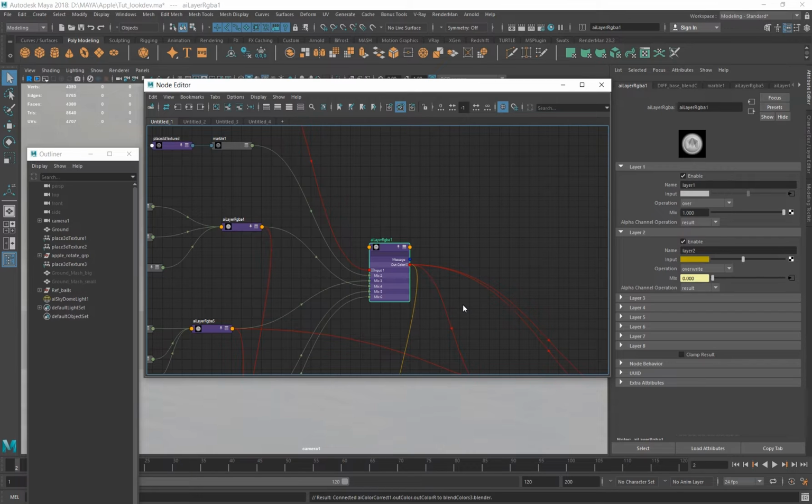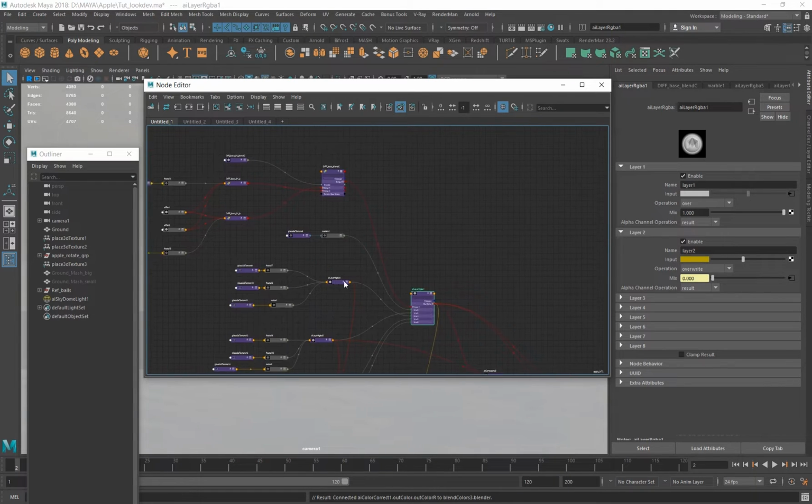Some layers will be used only for diffuse colors, or some layers will be used only for specular roughness, or in some layers there will be colors, there will be information about bumps, and there will be information about specular roughnesses. So the same workflow they use in texture software, I am using here in Maya.